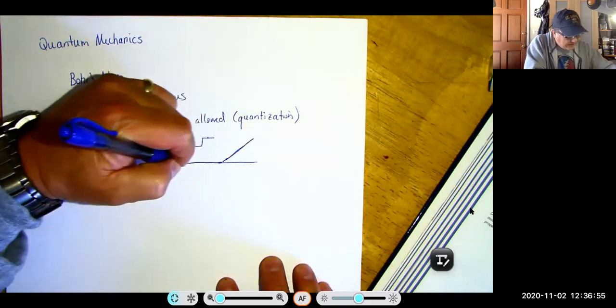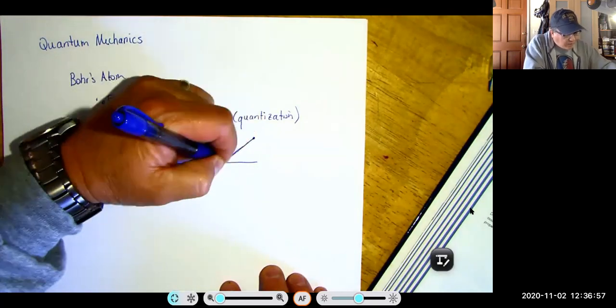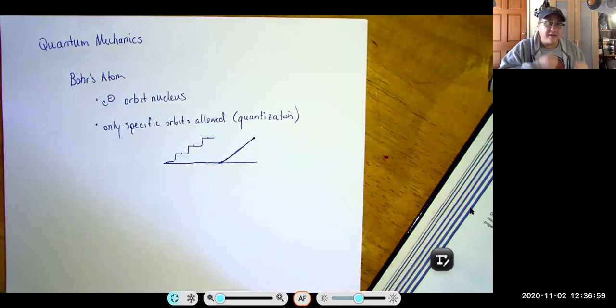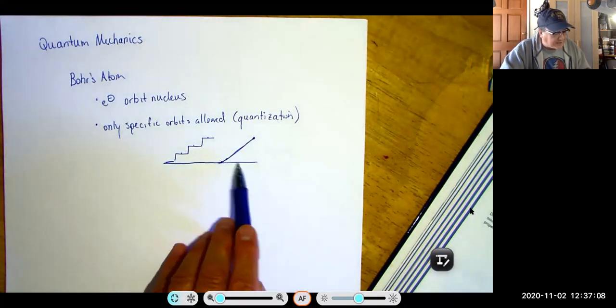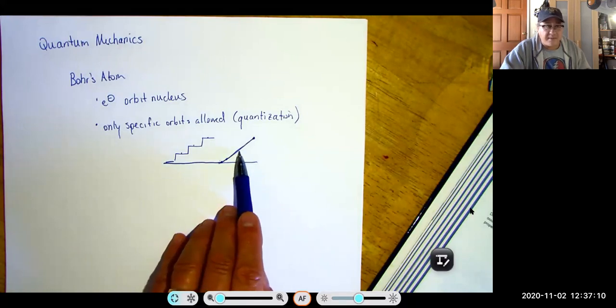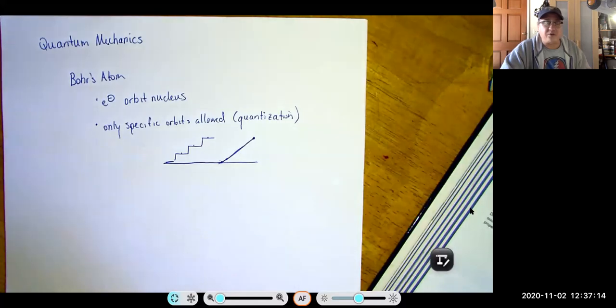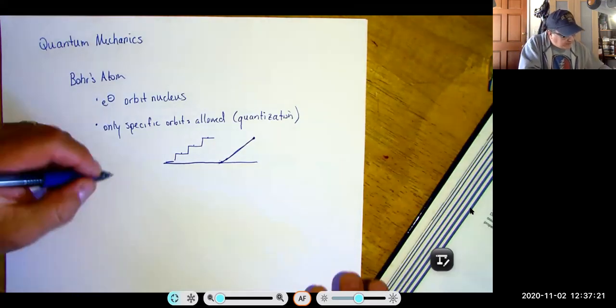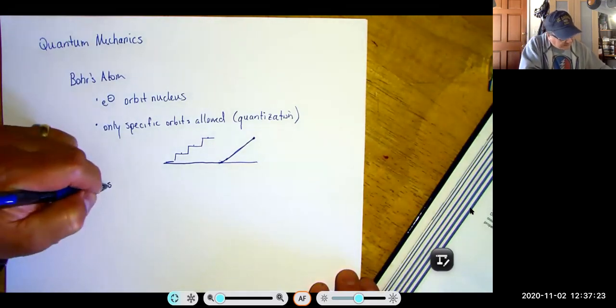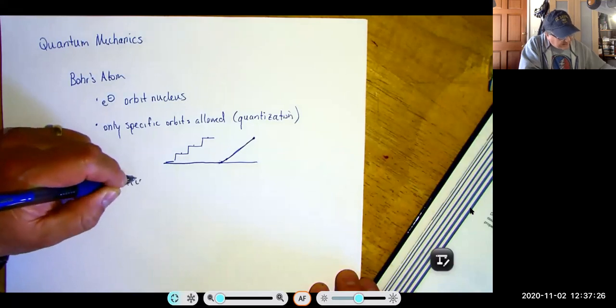Any height. And we all know that when you have a line, even a line that has a beginning and an end, there's an infinite number of points on that line. So your distance above the ground has an infinite number of choices when you have a ramp. Bohr's atom says you can't have that. You can't have an electron orbiting just anywhere. It has to be at a specific radius. And when you have these specific radii, you also have specific energies